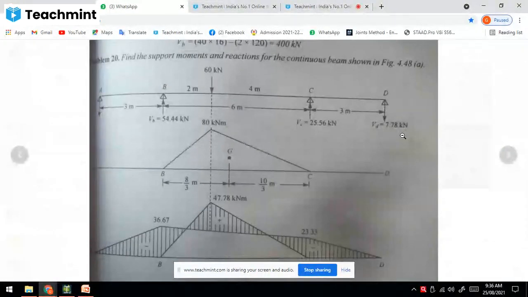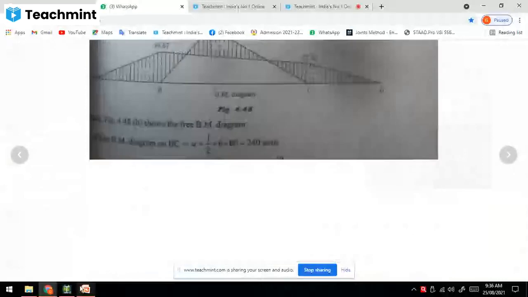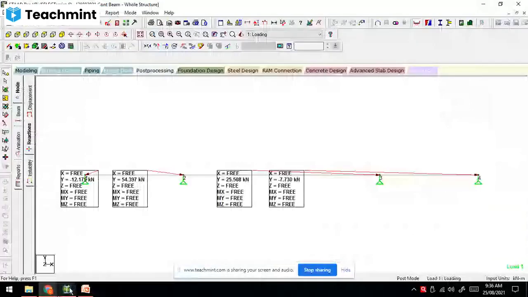Is this yes or no? Yes, sir. Right. Now we will check whether we get this value in STAAD.Pro: 54, 25, 7.78. Now you can see here 54 for this, then 25 and 7.73.